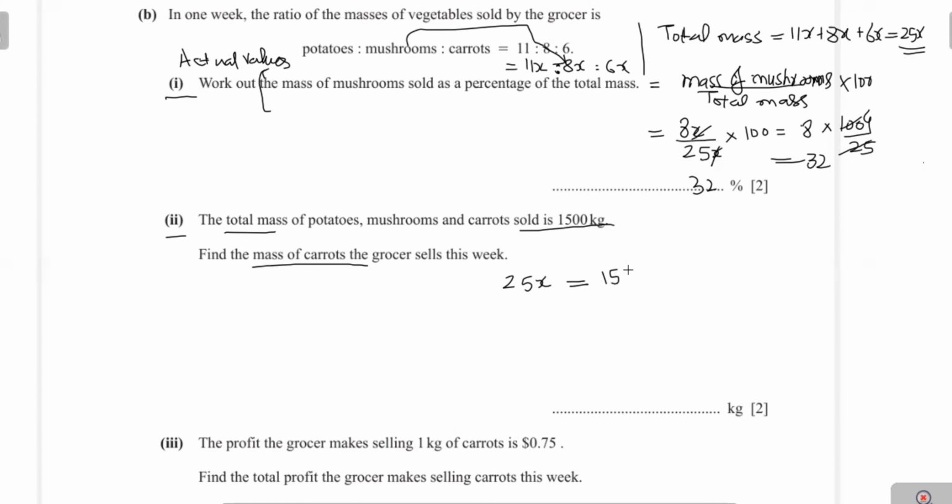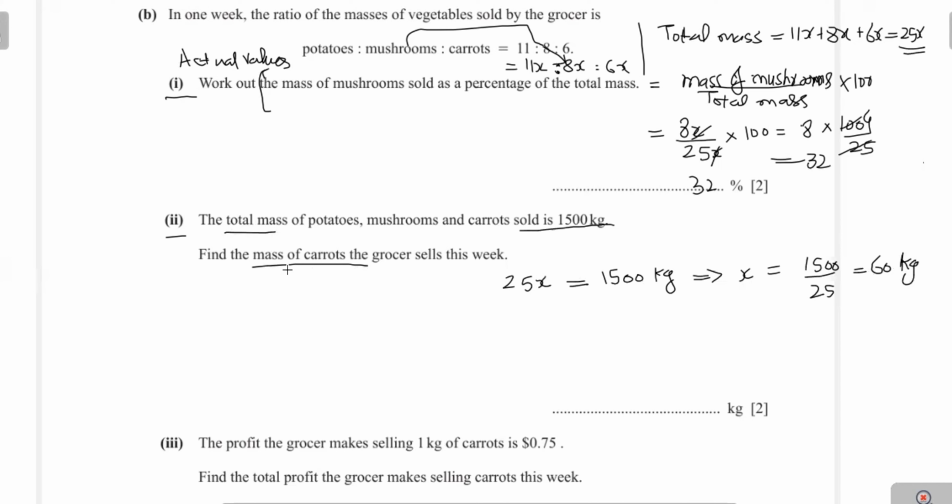Now we can write 25x equal to 1500 kg. Therefore, x will be equal to 1500 divided by 25, and this will be equal to 60